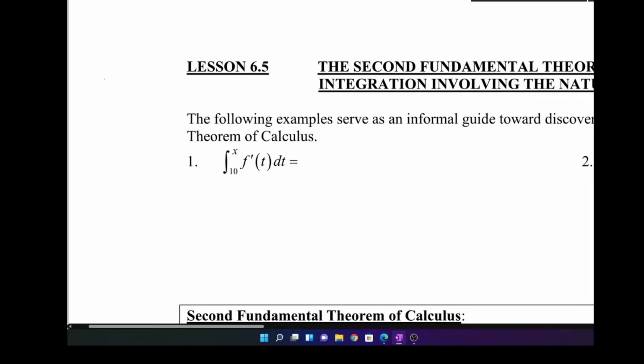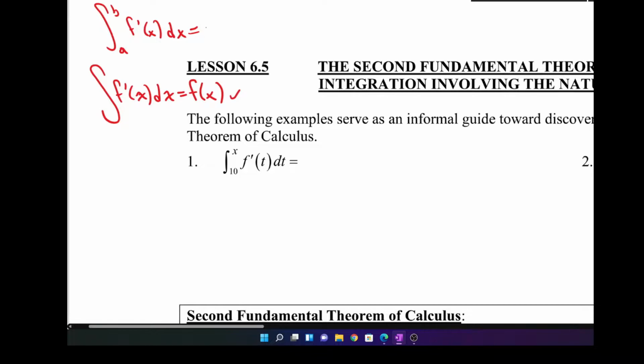And remember, what I've been teaching you is that the integral of the derivative of a function is the original function. Specifically, if you have a definite integral from a to b of the derivative of some function, this is conceptual, but this is actually the fundamental theorem of calculus. I guess we should call it part one. What I'm about to do is part two. So this is part one,